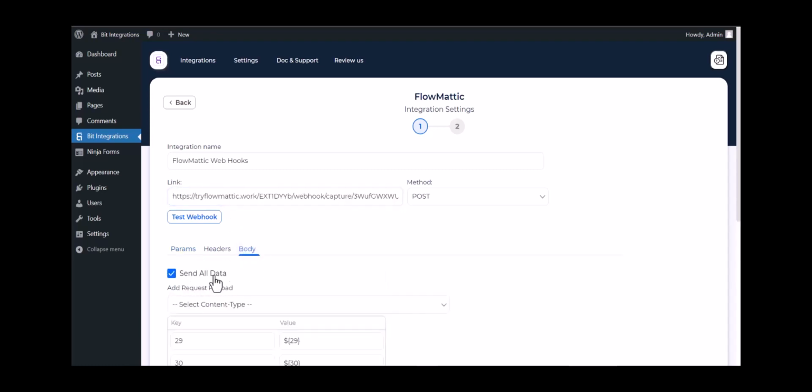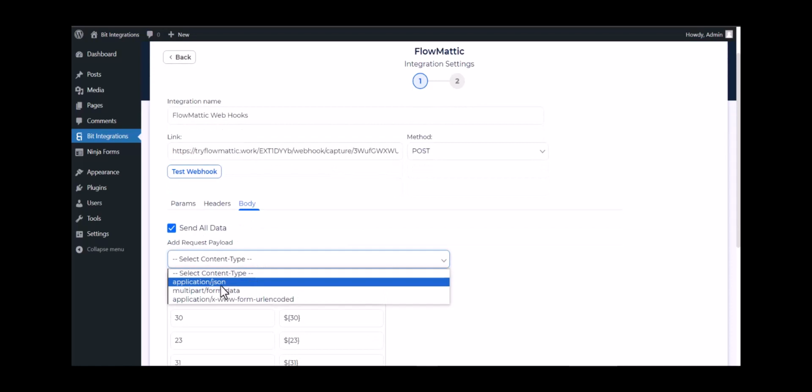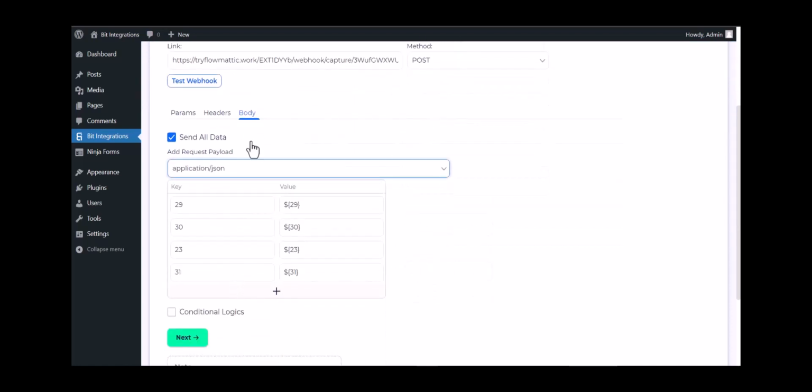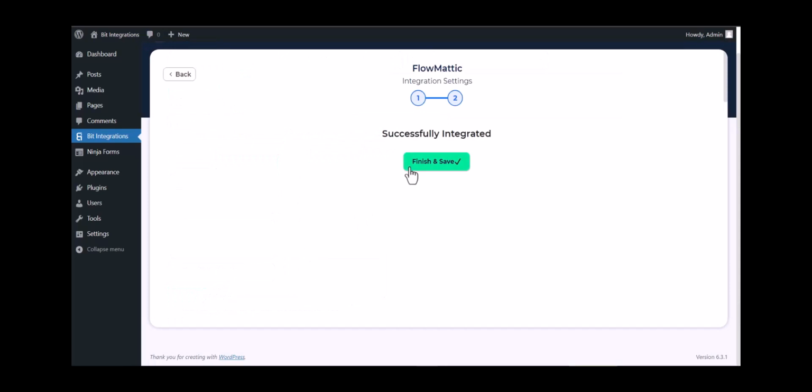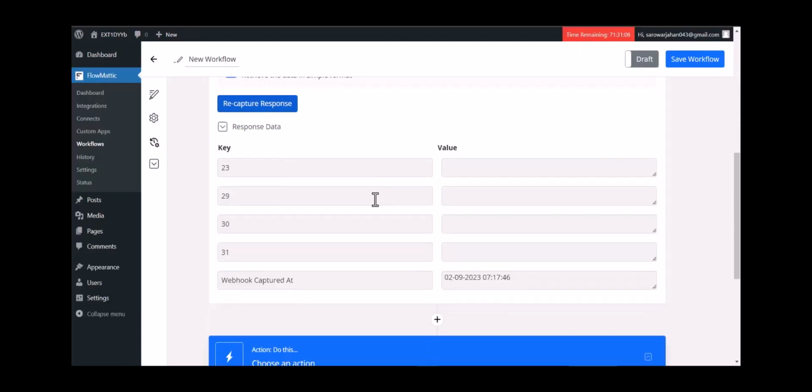Body. Send all data. Choose application JSON. Test webhook. Webhook executed successfully, done. Next. Finish and save it. Now go to the FlowMattic site